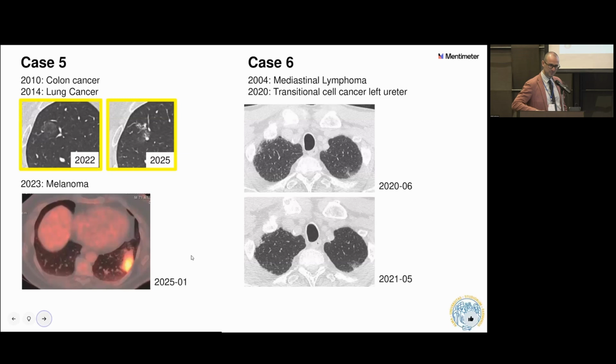Another colleague, GP, 2004 mediastinal lymphoma treated with radiation therapy, 2020 transitional cell cancer of the left ureter, nephrectomy. We keep up with observation, CT after the transitional cell cancer of the left ureter. This is the so-called baseline first CT, June 2020, apical irregularities at the pleuroparenchymal interface. We see them bilaterally, so probably the definition that we had before to define the suspicion is not really applicable